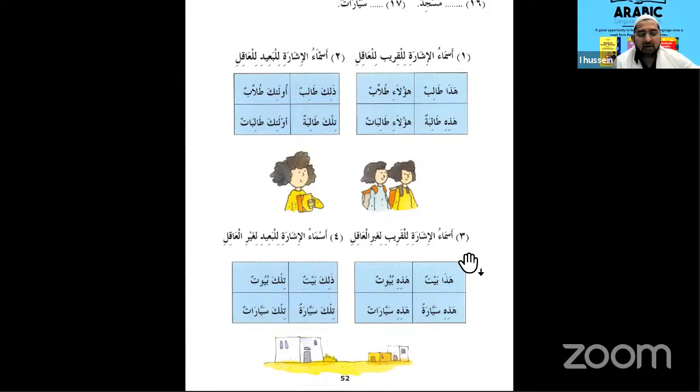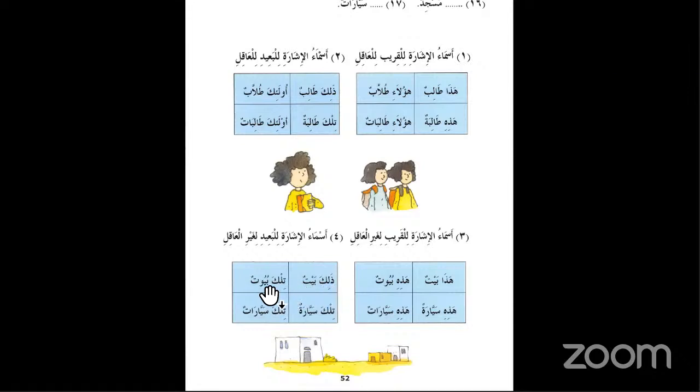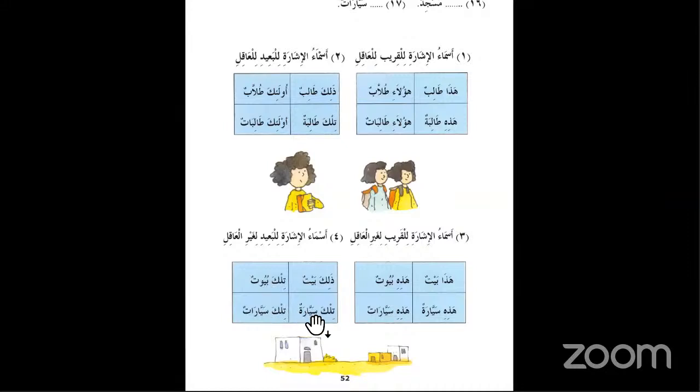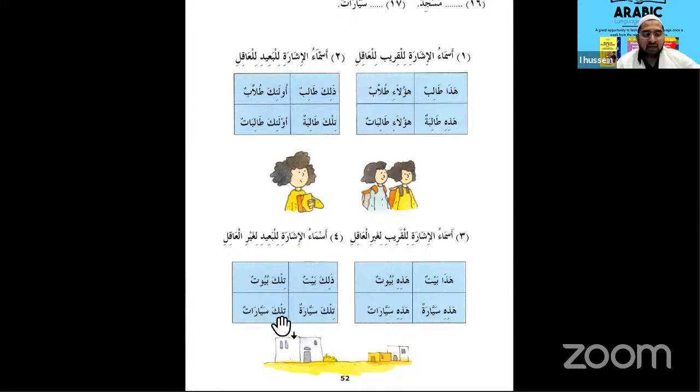Excellent. So you see that even ذلك is masculine, and the plural is buyutun, and we use the opposite of dhalika, which is the female, tilka, in the plurals. Tilka buyutun. Okay, that makes sense. Thank you. So tilka sayaratun, that is a car, and we use tilka even in the plural rather than using ulaika itself.